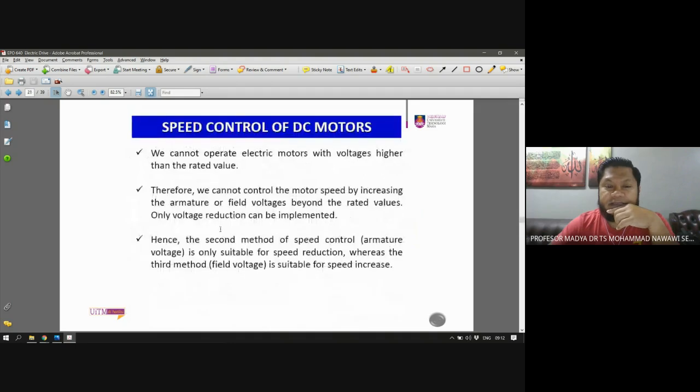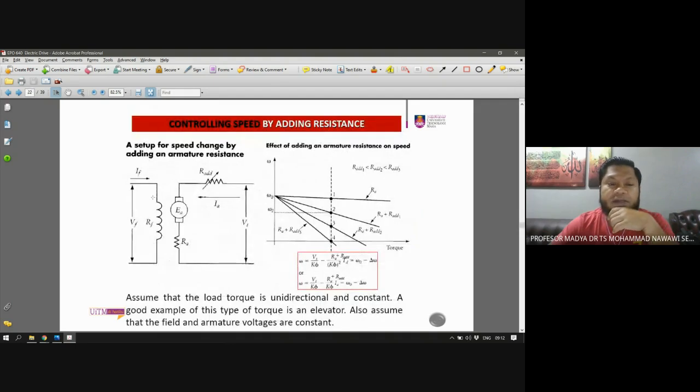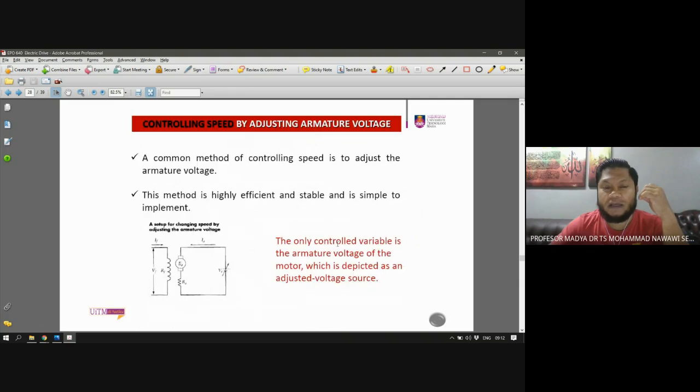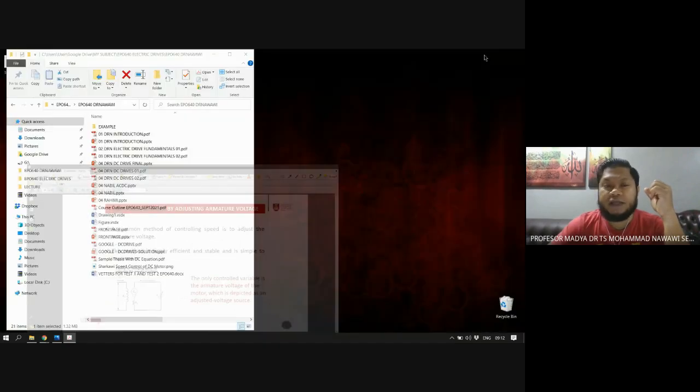We're going to look at how to simulate the circuit with a separately excited connection, and then look at what happens to the speed of the motor if we reduce the VT. Okay, so now let's look at